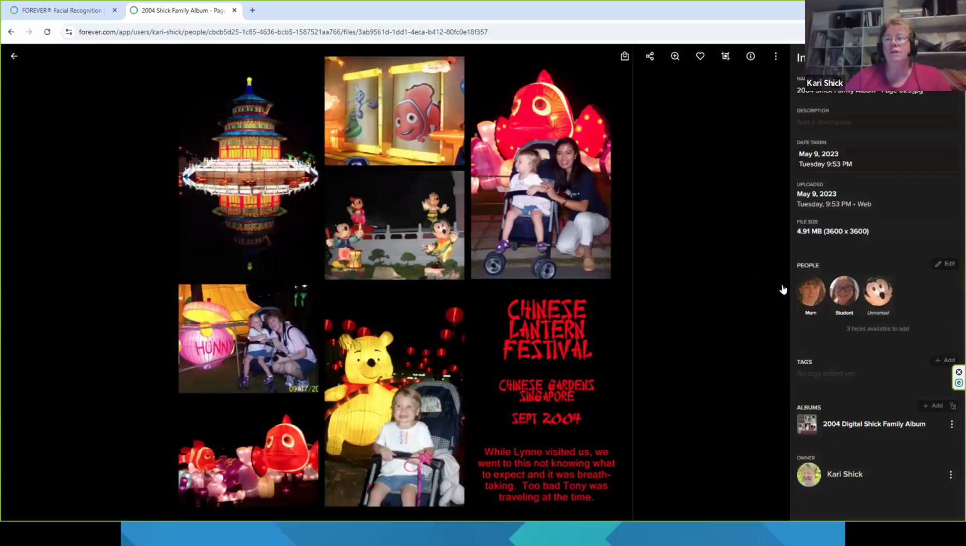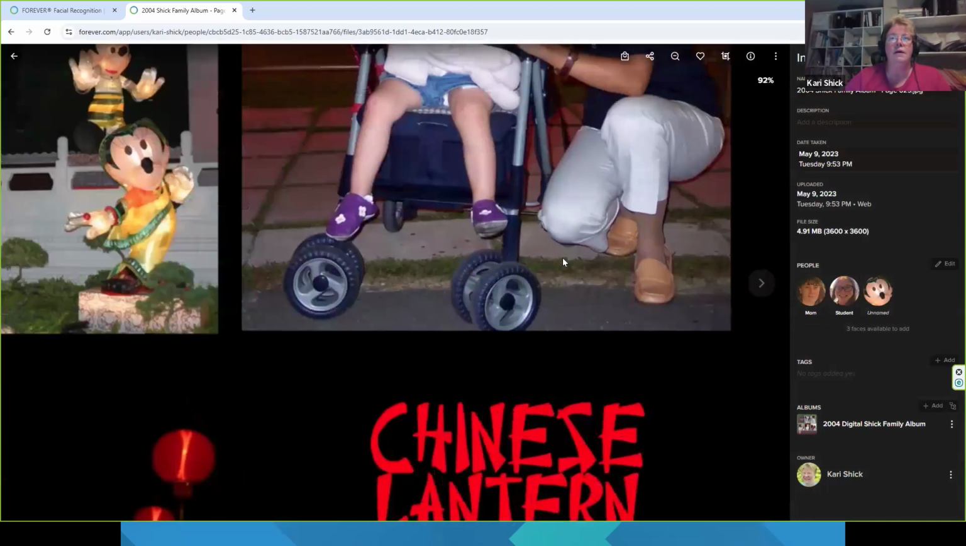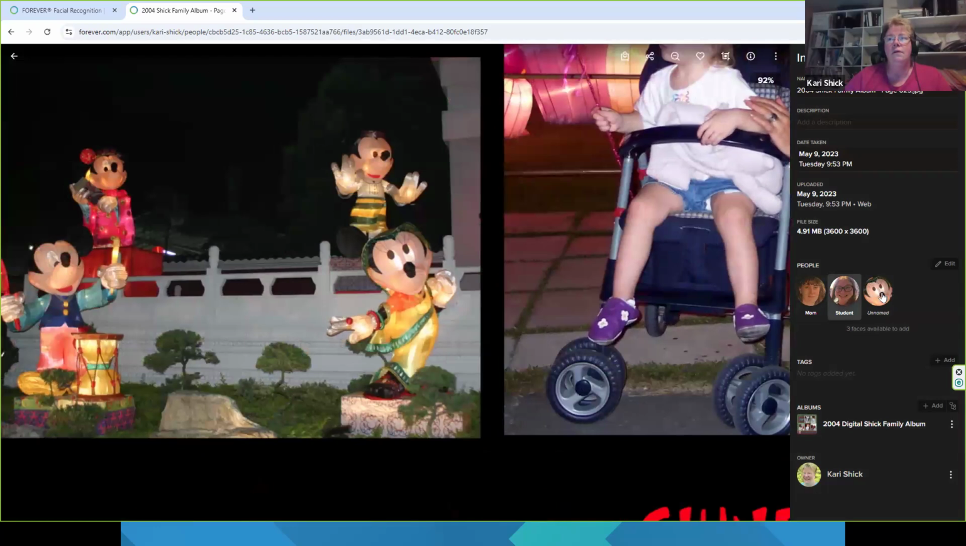So Mickey here, if I look at the individual photo, it's got 3 individuals here. It's got mom, it's got this student, it's got this unnamed, which really is Mickey. If you can see the white box here, that truly is Mickey Mouse. Well, now I'm not going to actually identify it. I actually think it's Minnie, but